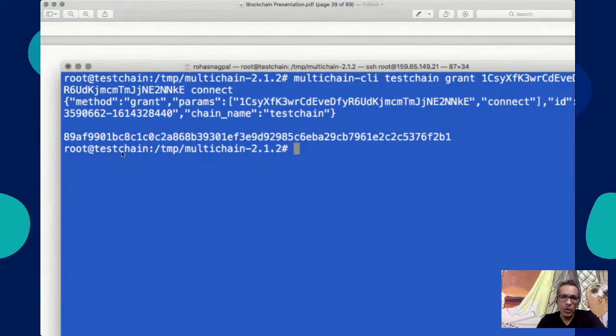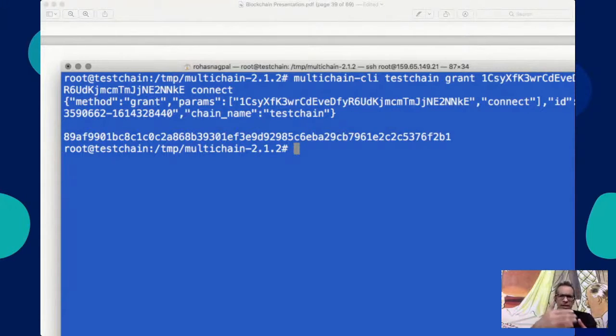So everything that we do will generate these transactions. You don't have to save them. It's just proof that the transaction has gone through. Sometimes it may take time for it to happen. When you're creating an asset, it may take a few seconds to show up, but till it shows up, the transaction has not gone through.